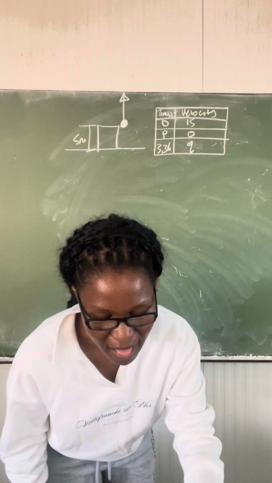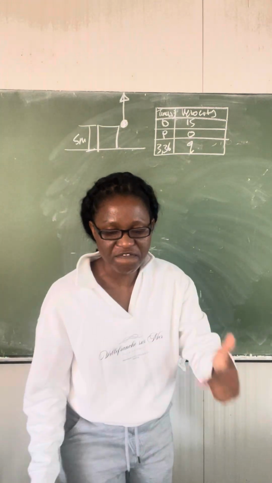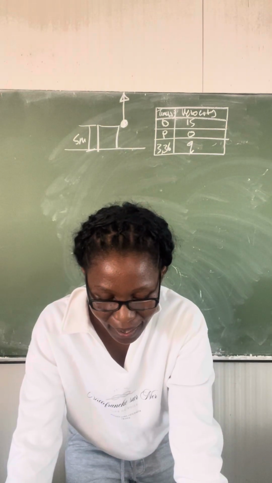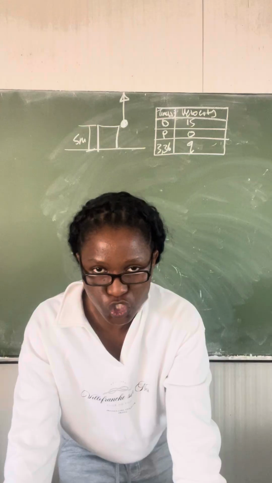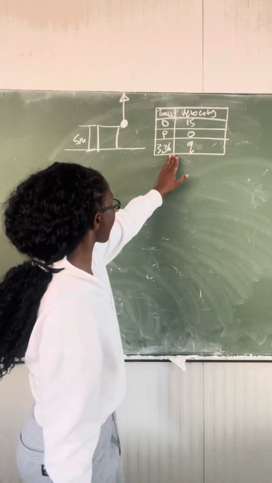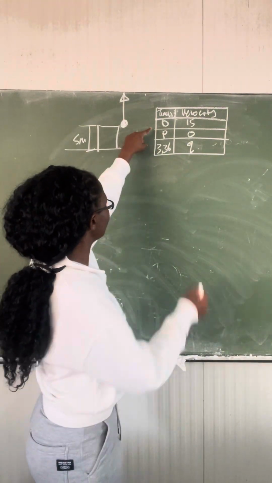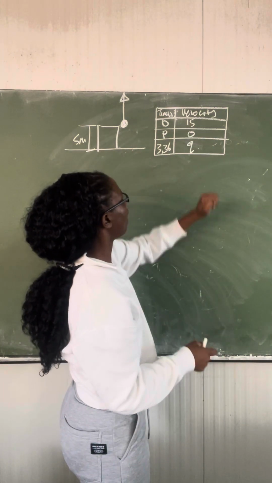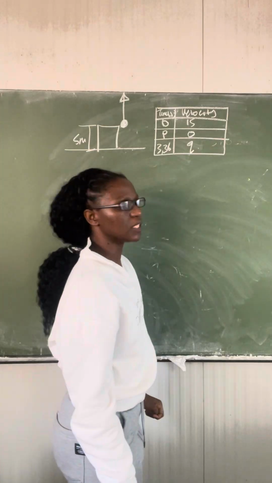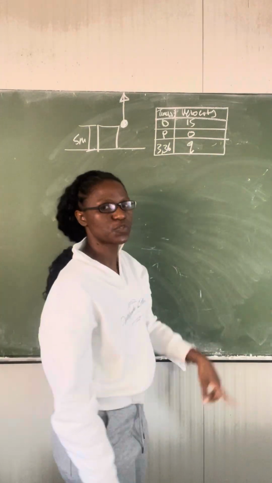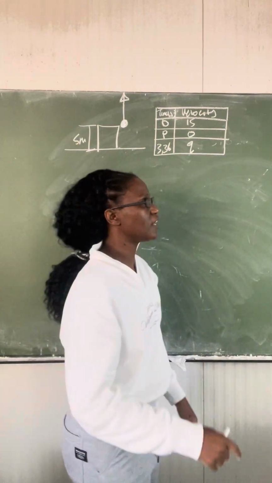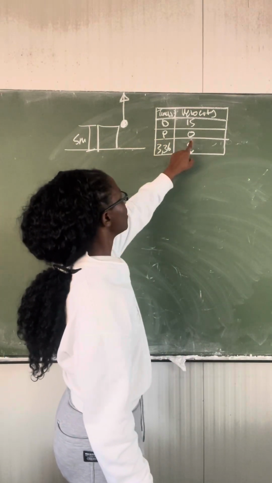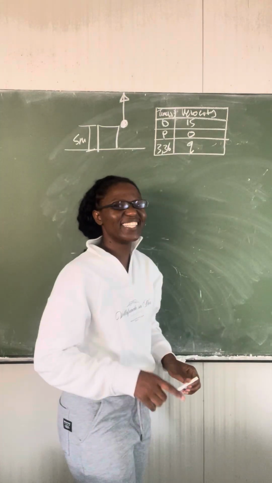Below shows the magnitude of the velocity of the ball at 3 different times during its motion. So this was the given table. We can see that when the time is 0 seconds, there is a velocity of 15 meters per second. Meaning the 15 meters per second will give us the initial velocity. And then when the time is P seconds, we know that the velocity at that point is 0 meters